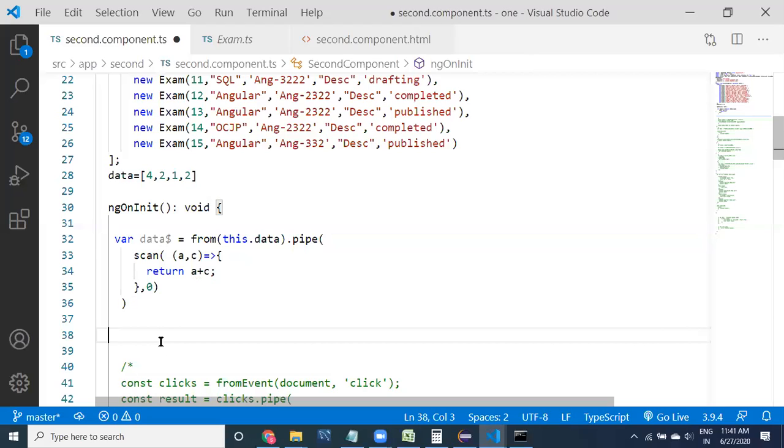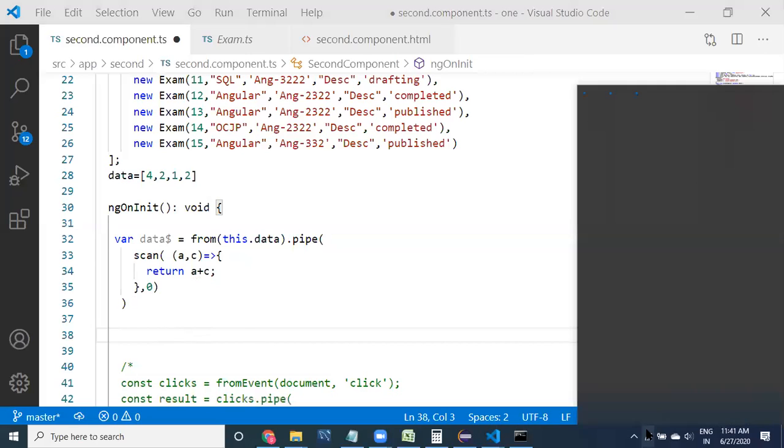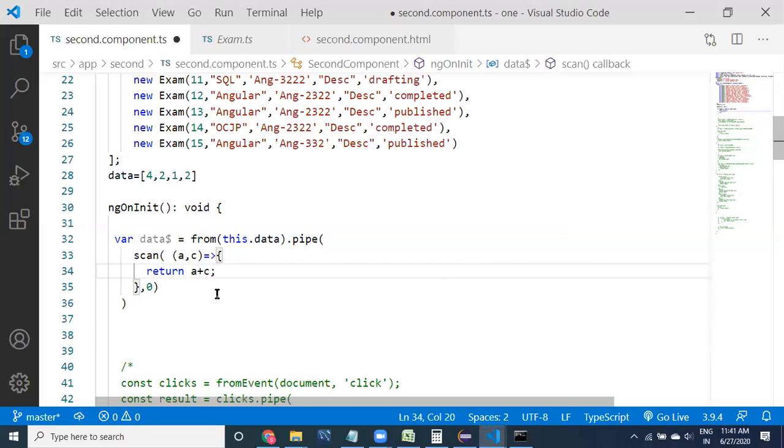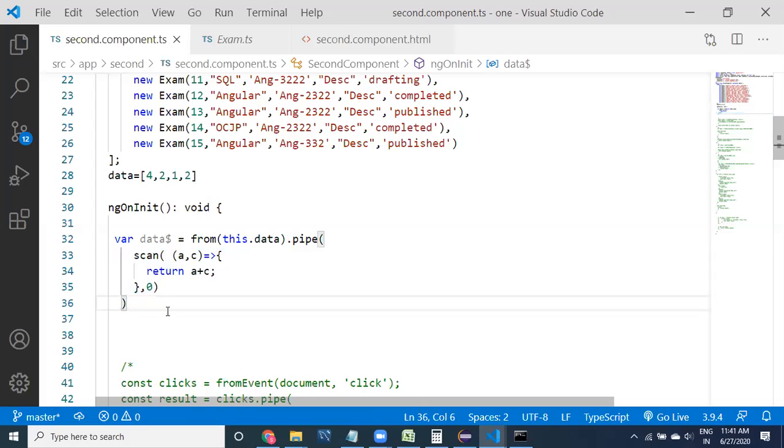That data is going to come to our code and will be available in our code, and then we apply all these pipes, scan or filter, whatever logic you want, and then you can display those things, guys. We have so many requirements over there, no problem, we can implement those things.